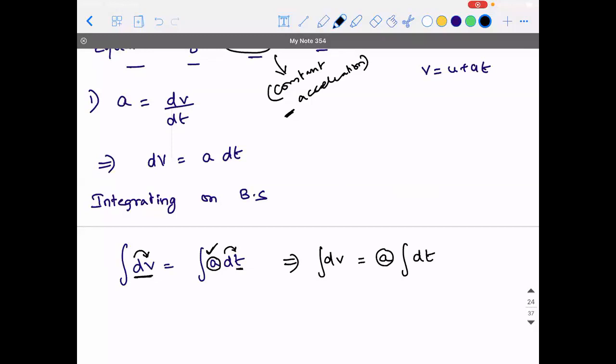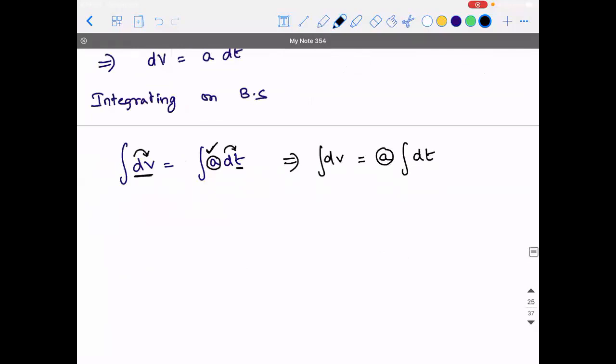You will understand it better when I do problems where acceleration is not constant. As of now, accept for the time being that acceleration is constant. I will definitely show you what happens when the acceleration is not constant. Don't worry about it. Okay, sir. Now,